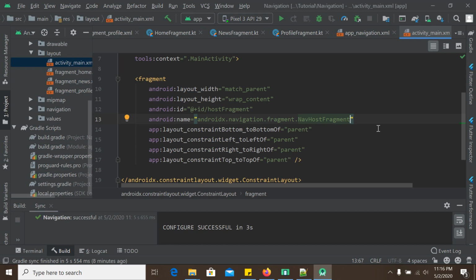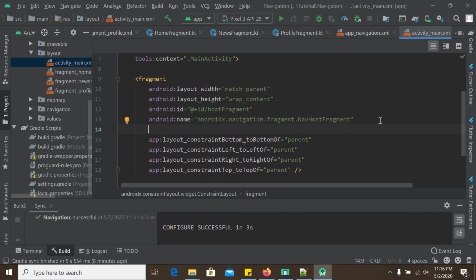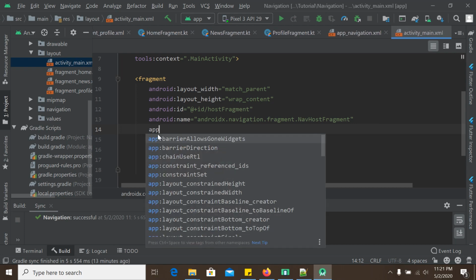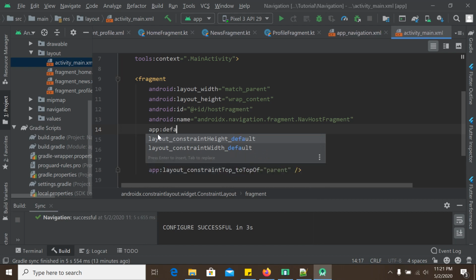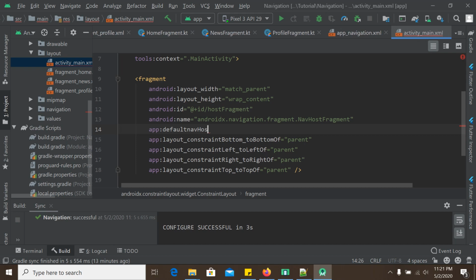Okay, and we also need to tell the compiler that it is our default nav host fragment. So app:defaultNavHost will be true,